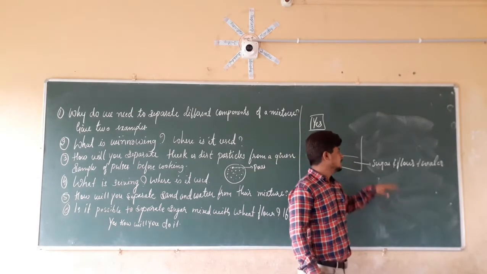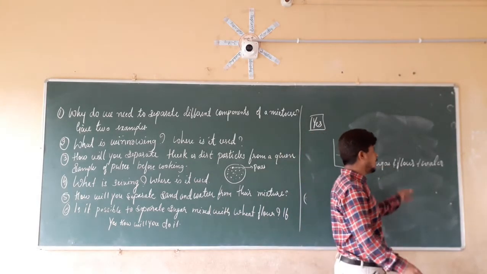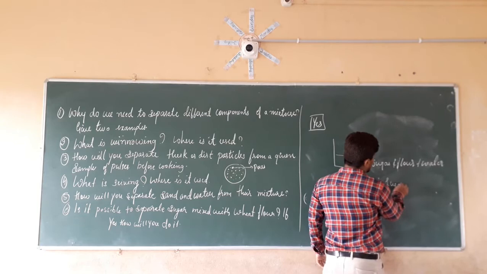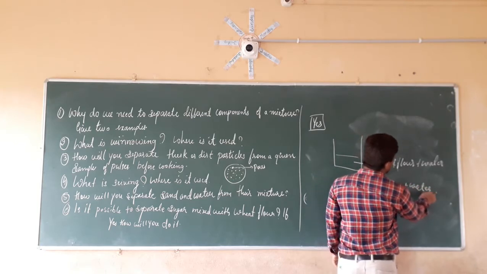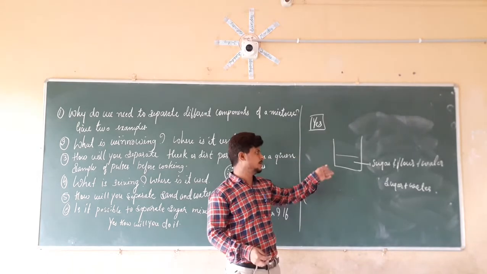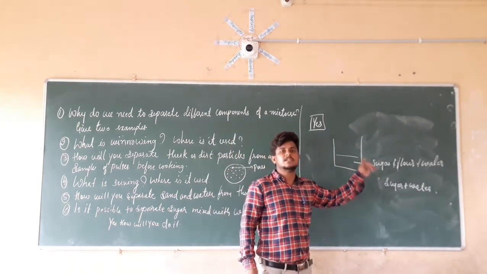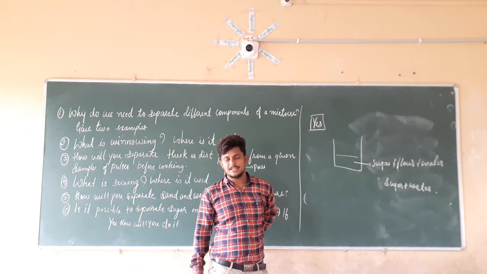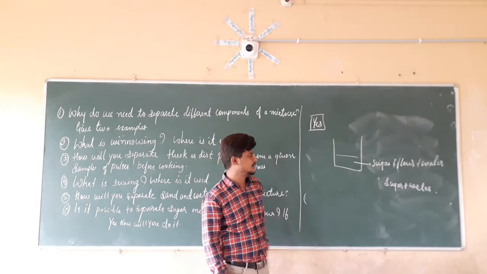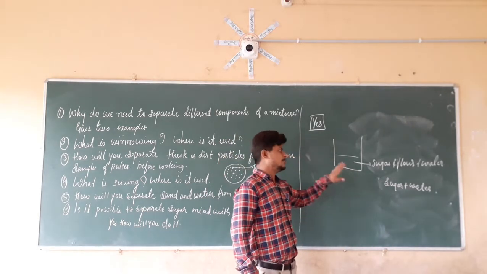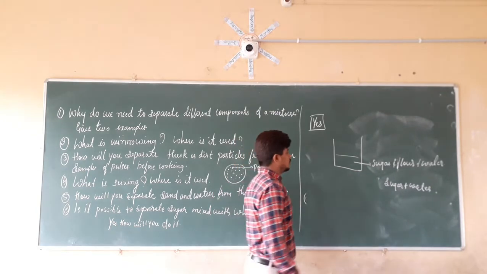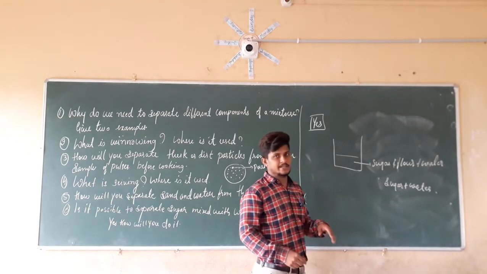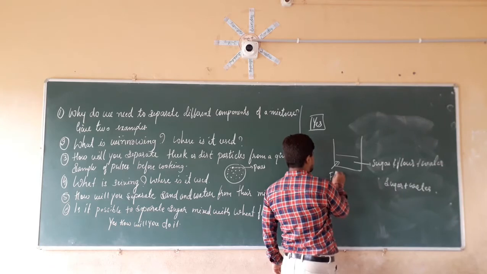The sugar which is present in the flour is going to mix with the water. We already know that the sugar is going to dissolve in the water. So sugar dissolves in the water, and flour doesn't dissolve, so it can be separated. Here I am going to use directly the filtration method. By using filter paper or cloth material, we are going to do the filtration. When we do the filtration, the flour will remain.